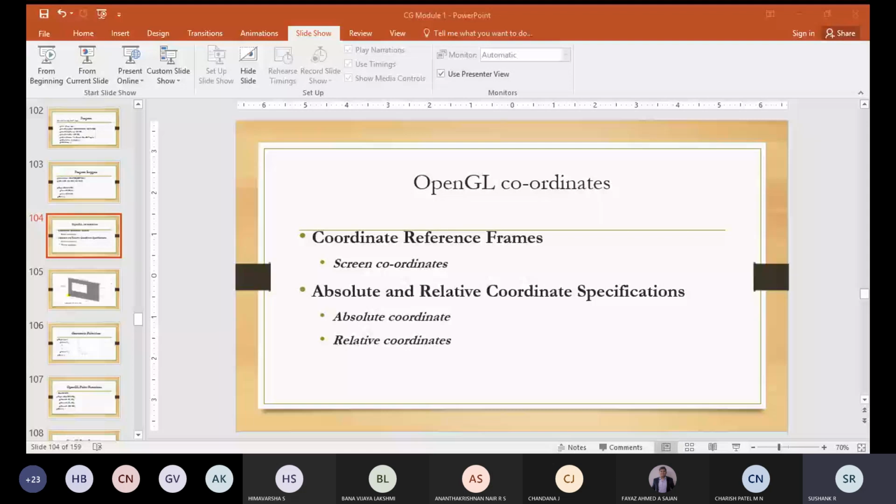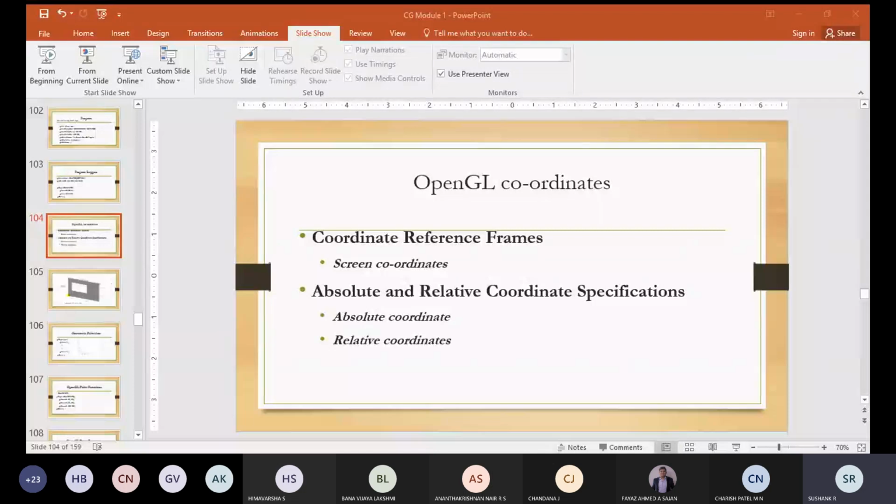So those are some points regarding this GL_POINTS function. What we studied here: the type of the object will be GL_POINTS. Each vertex will be displayed as a point. A vertex is a point where two or more lines or edges meet. The size of the point will be at least one pixel. Here, the default attribute values will be specified, and we can change those default values also. The default color will be white, and the default point size will be equal to the size of a single screen pixel.